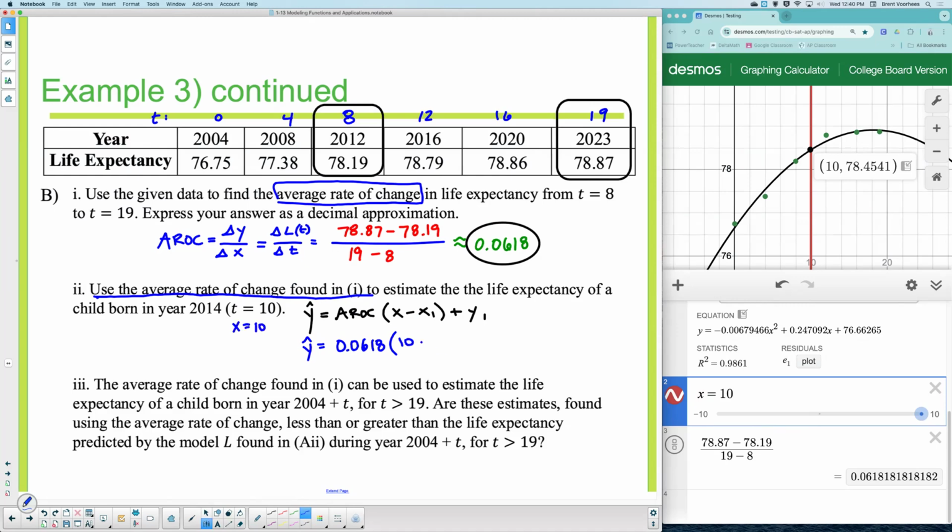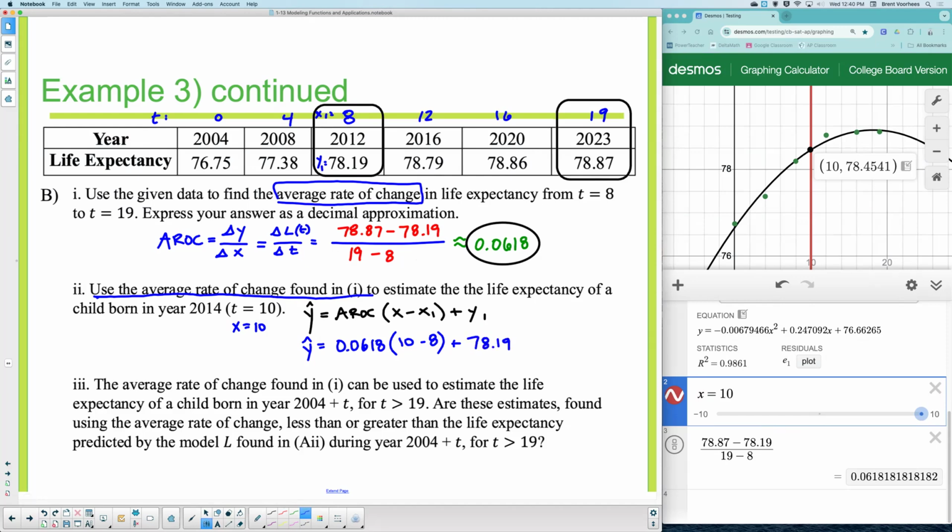I can put that in there. And now you plug in a point. I'm going to call this one X1, and I'm going to call this Y1. Is everybody seeing where I'm getting these values? The first point they gave us. So it would be X minus X1 because X is a liar. That's why I'm subtracting the 8. It says positive 8. I'm putting in negative 8. Plus the Y value, which is a truth teller,